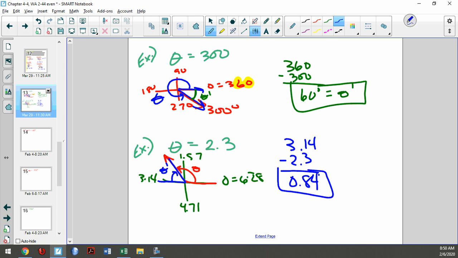And that number is less than 90 degrees, which in decimal form is 1.57. Do we all understand that? Yes or no? We good on that? Now, it's super easy when you're in radian mode. And the reason why it's super easy when you're in radian mode is if I give you,